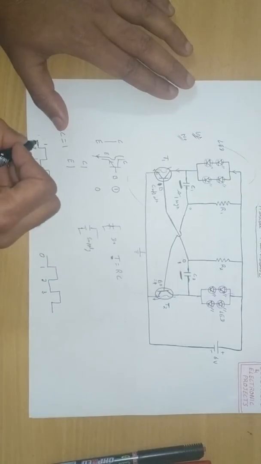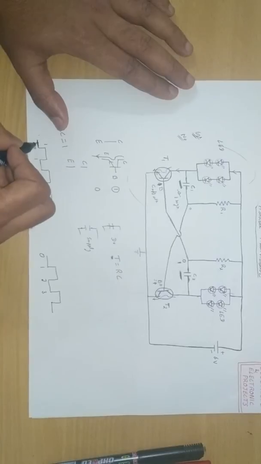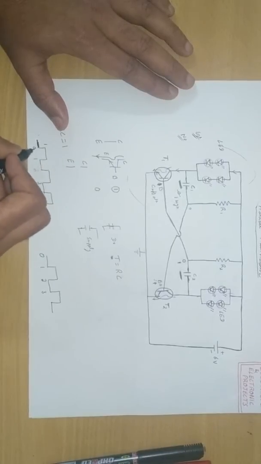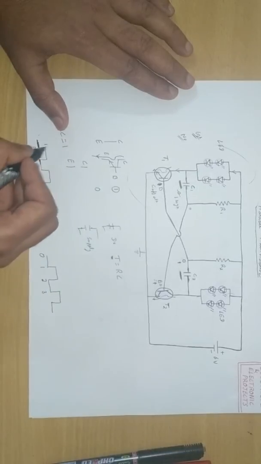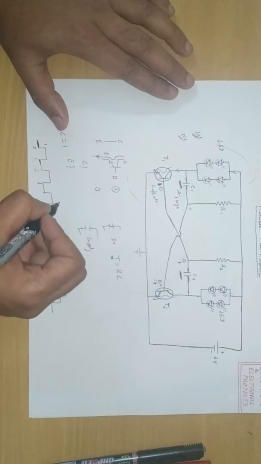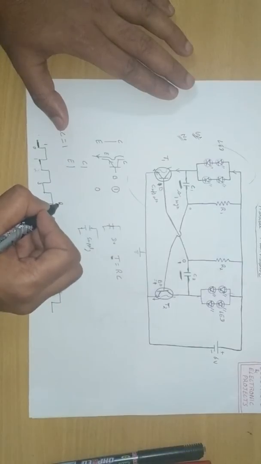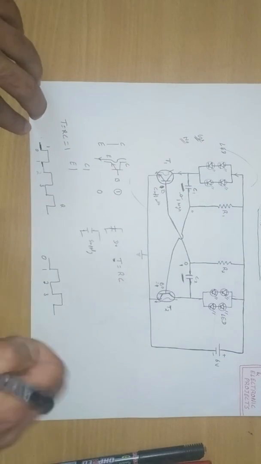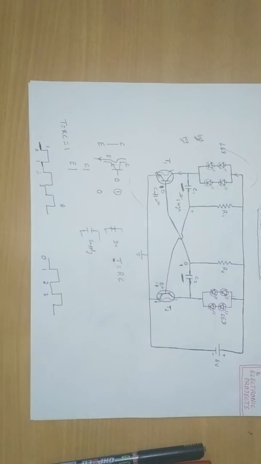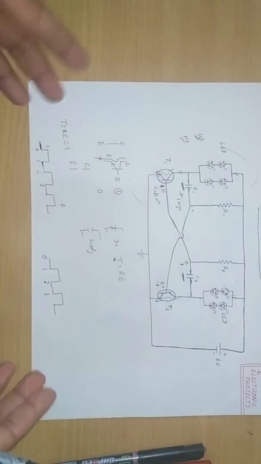So there is no stable state. In one time interval it is on, but in the next time interval it is off. From 0 to 1 no stable state is taken from the circuit. So this circuit is known as an astable multivibrator. Here no stable positions are obtained. This application is used in